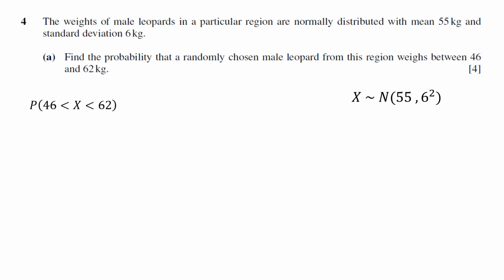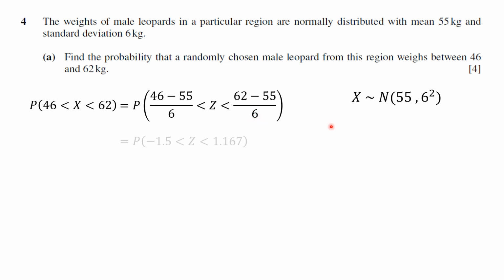So this means that the probability of x is greater than 46 and less than 62 is going to be equal to the probability of z is greater than 46 minus 55 divided by 6, and less than 62 minus 55, which is the mean, divided by 6, which is the standard deviation. And that's going to be the probability of z is greater than negative 1.5 and less than